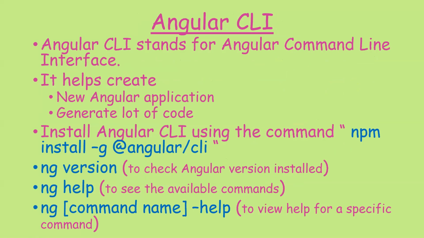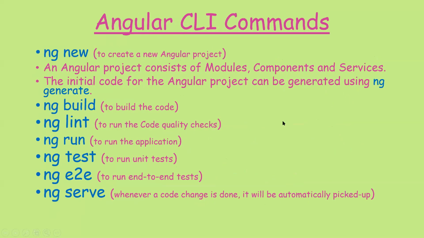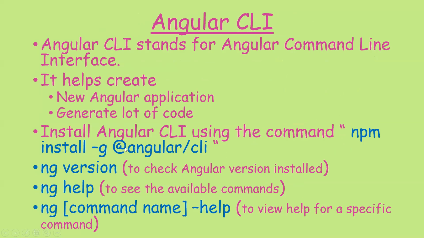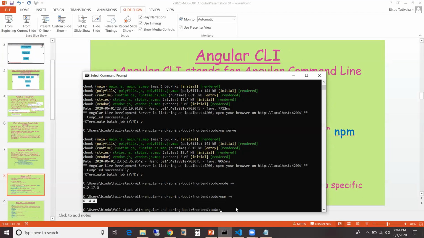So far we have installed Node.js, which is the runtime environment, and then we have also installed Visual Studio Code, which is the editor for JavaScript. And now we need to install the actual Angular, and we are installing it on top of Node.js. To install Angular, this is the command: npm install -g @angular/cli. I already installed it, so I can just check the version of Angular with ng version.